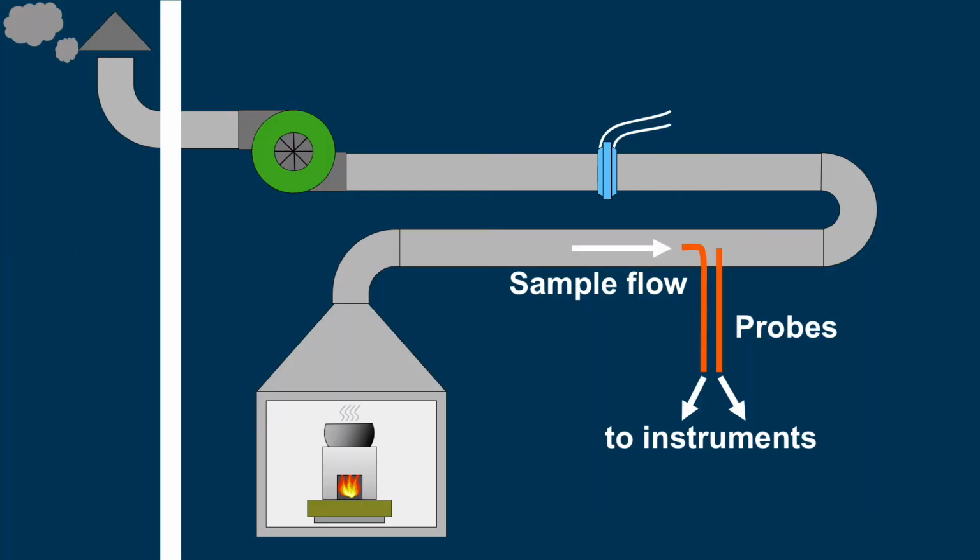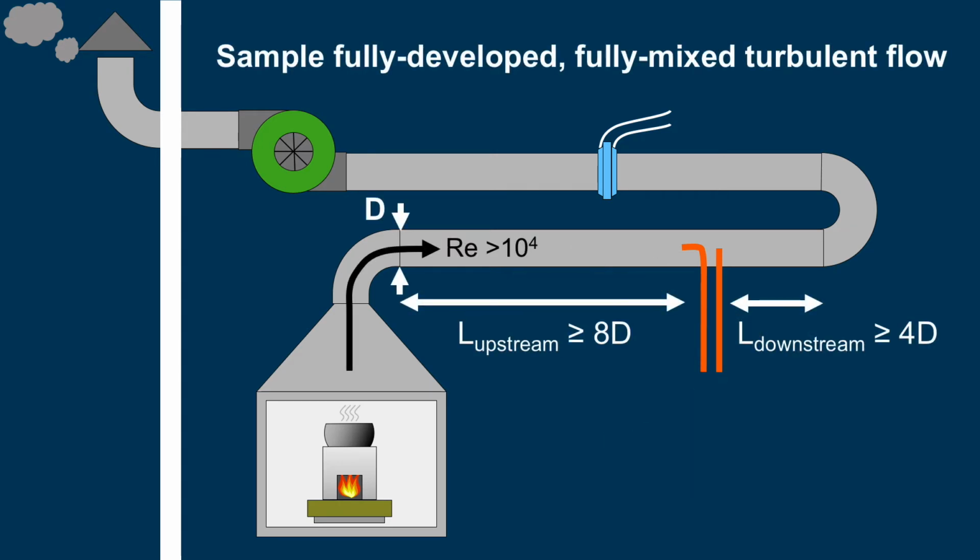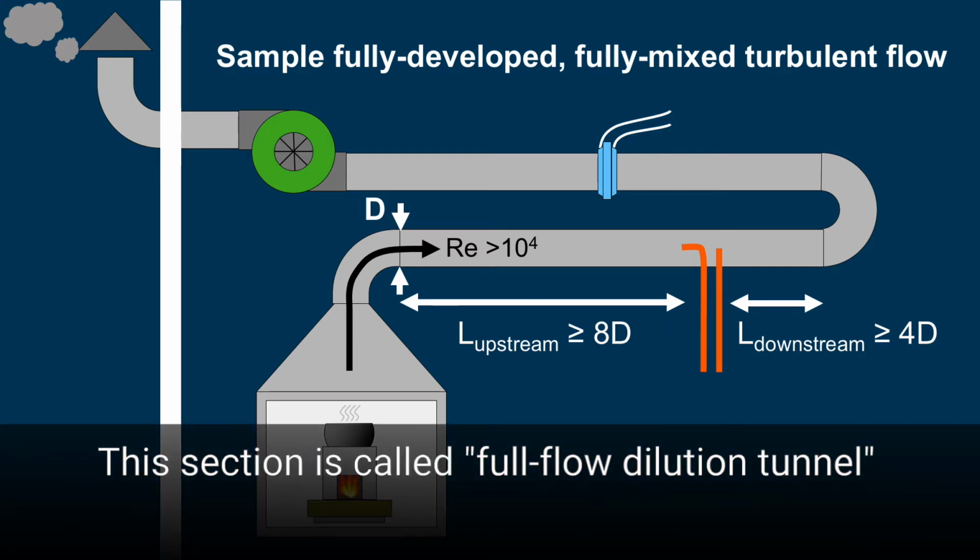In order to ensure that the sampled flow from the probes is fully mixed and representative of the emissions generated by the cookstove, the flow in the duct must be turbulent, fully developed, and fully mixed. To achieve these conditions, the International Standard Organization recommends that 1. The Reynolds number of the flow be at least 10 to the 4th, and that 2. The sample probes be mounted downstream of a straight ducting section with a length that is at least 8 times